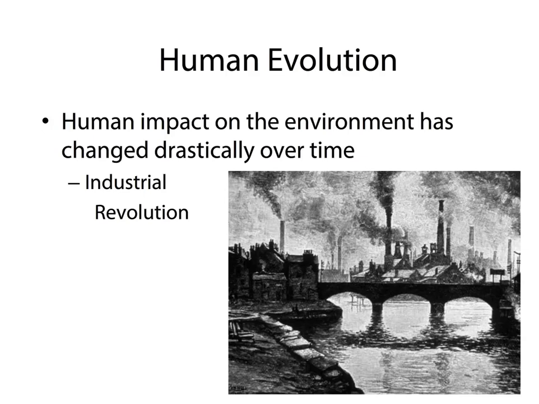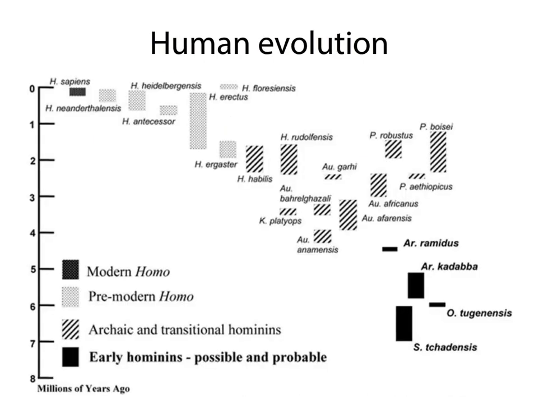Okay, so what I'd like you to do now is pause lecture again and think about, once humans moved into the Industrial Revolution, how did we impact the environment all around us? Now, I don't know how many of you are science majors or not science majors, but you may or may not panic whenever you see a graph. And so what I want you to do is not panic, okay?